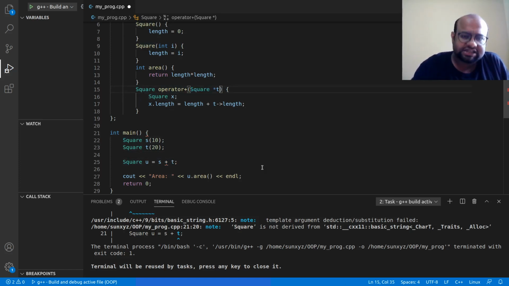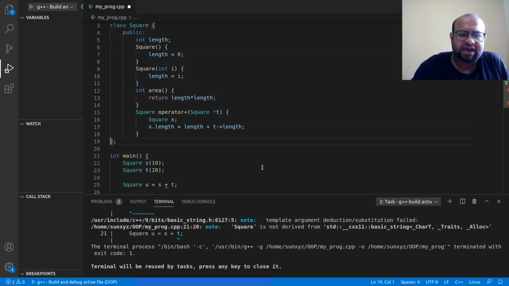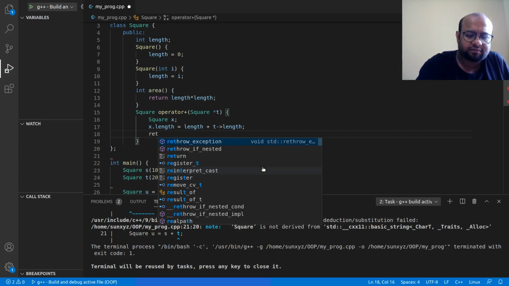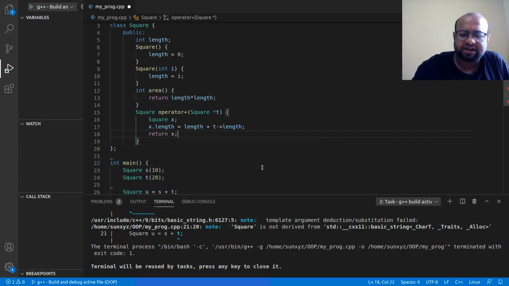S is the object, so I get length of S in this way. And then I get T's length in this manner, T arrow length, and I create a new object, and I set the length of this new object equal to length of S plus length of T. That is how I have created the length of this new object, and then I am going to return this new object that I had created.